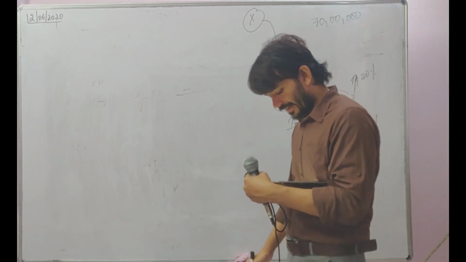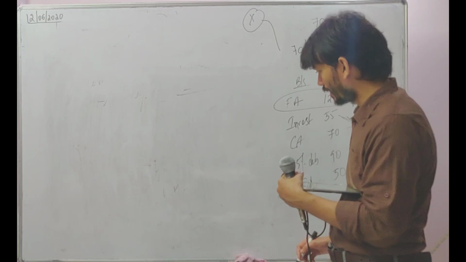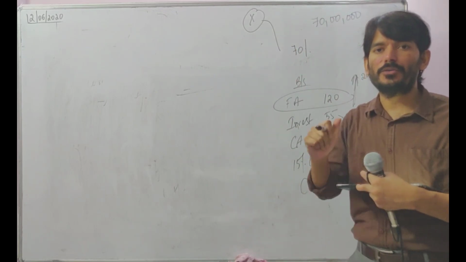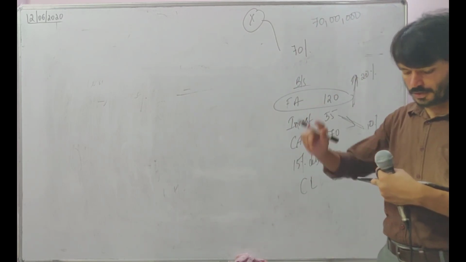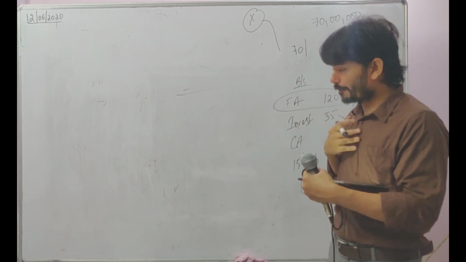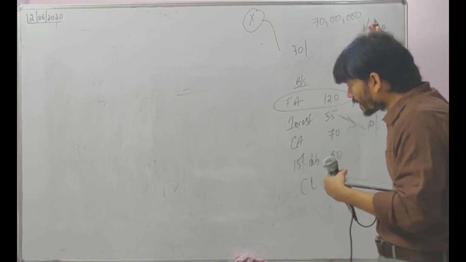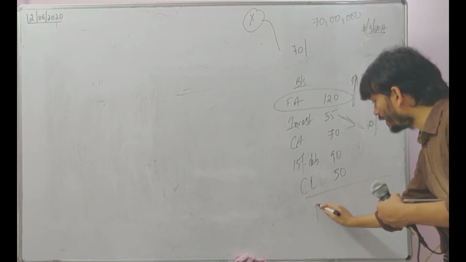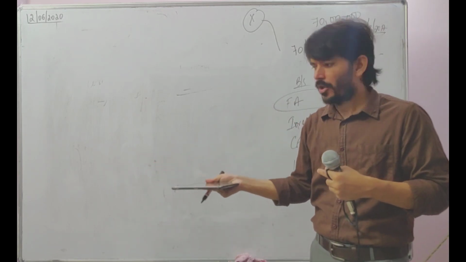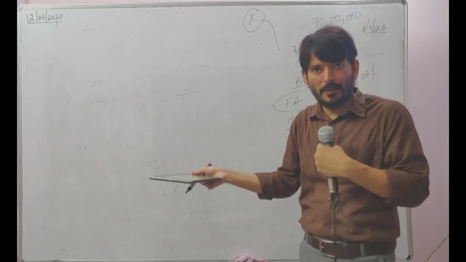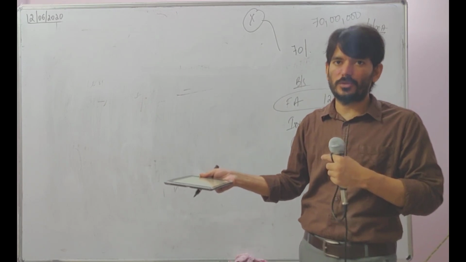Z Limited declared and paid a dividend of 20% on its equity share capital as on 31st March 2017. Sir, how are you saying this is on the date of acquisition? Because at the beginning of the question it is said we are purchasing on 31st March 2017. On the same date, they are declaring dividend. See, today I am purchasing one company. On the same day they are declaring dividend. Does that mean I am the owner of the dividend? Am I eligible to take that into my P&L? No. This is pre-acquisition dividend.